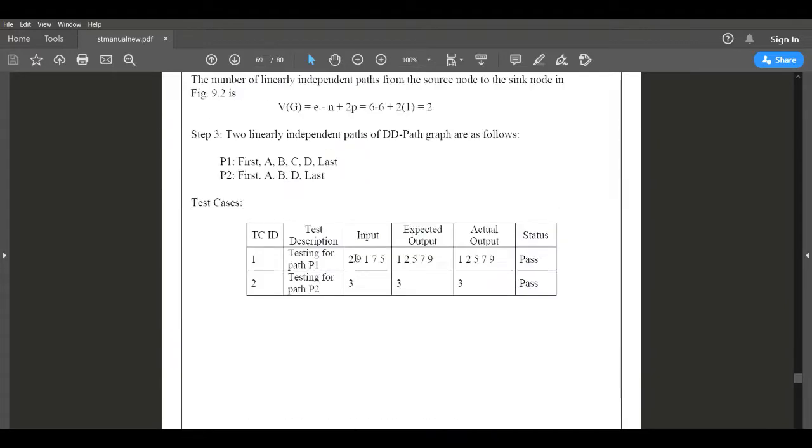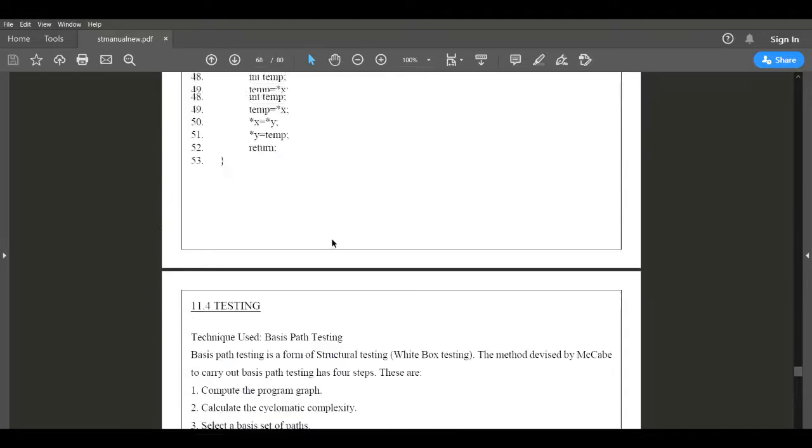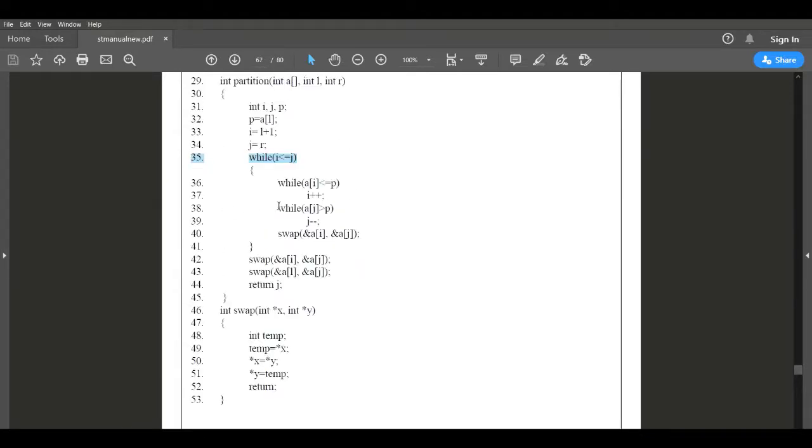Now 38 is once again a looping statement. If this loop condition is true, then I need to execute j--. Then 38 is true, then 39 should execute. So once again, until node 38 becomes false, I need to repeat this condition.